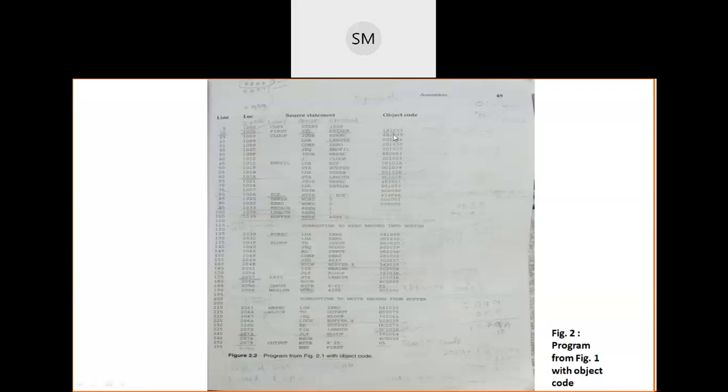Clear? Now for each and every instruction, for each and every line, we will generate the object code here like this. How to generate object code, I will tell you. Just wait here. The first thing you should do is assign the addresses. In today's class I told you the basic functions of an assembler. First it should translate the mnemonic operation codes to machine equivalent.